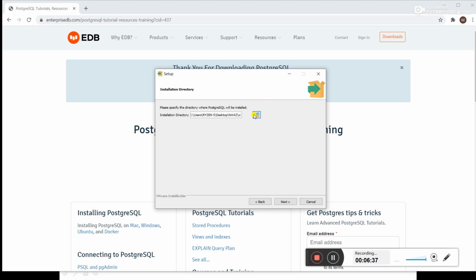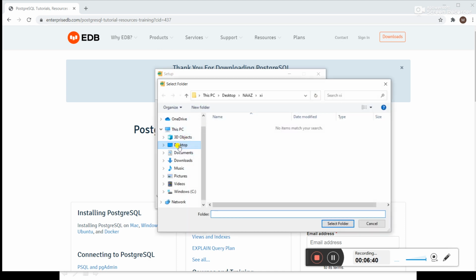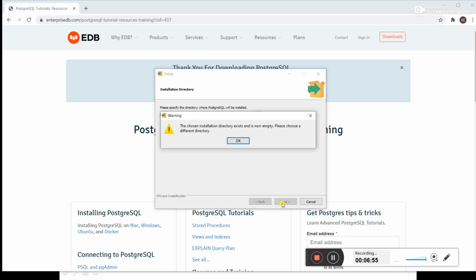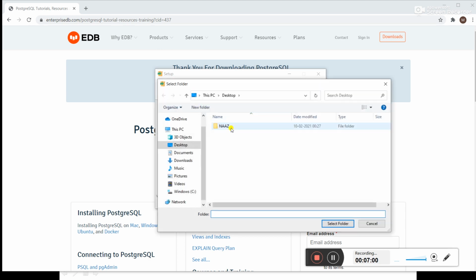Okay, now it is asking for the new directory, so we will take the default one. Create a new folder here, PSQL setup.